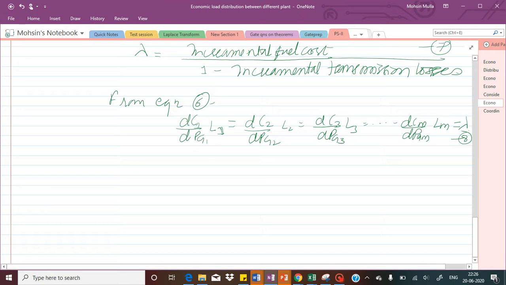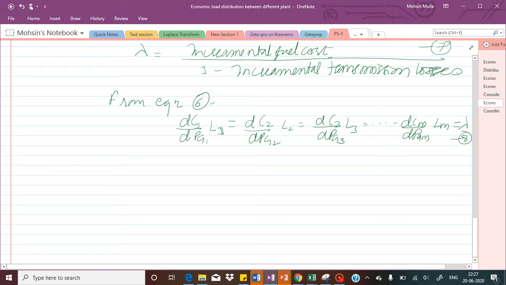Likewise, if there are a number of plants, then all the terms that will be a product of the incremental fuel cost and penalty will be exactly the same for all the plants. So that is the optimum condition for operation of the plants which are integrated in the power system. That means a number of plants which are situated at various places with certain long distances between them, so those plants will incur their own transmission losses, and that is also being accounted for in this particular expression here. So you can just try to remember this point.